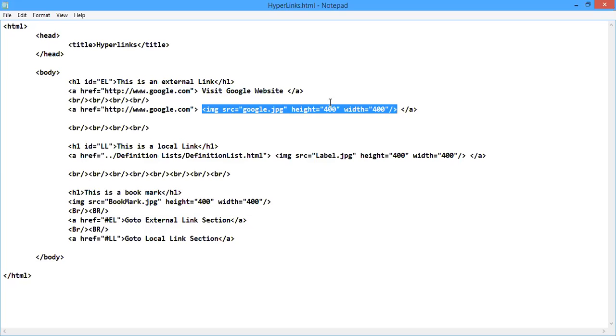By using an image, I'm going to browse to the Google website. Okay, now we will go back to the output file and see how this works.